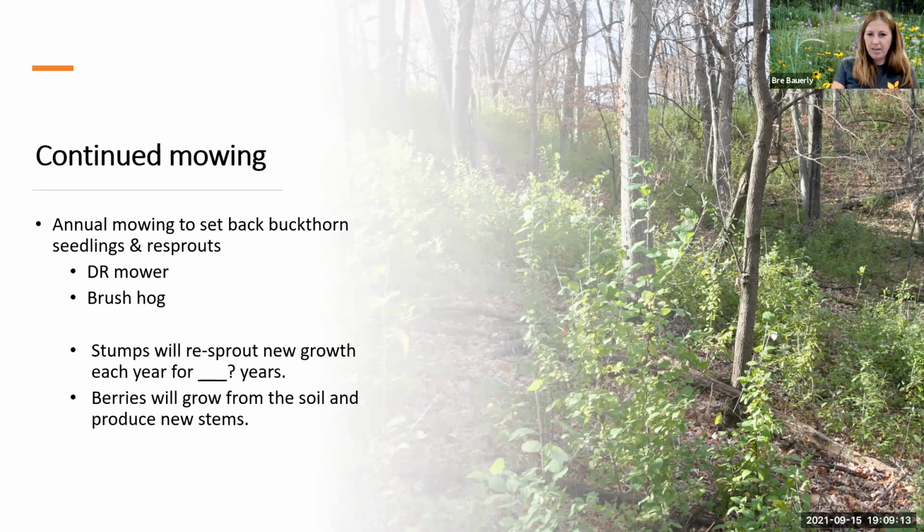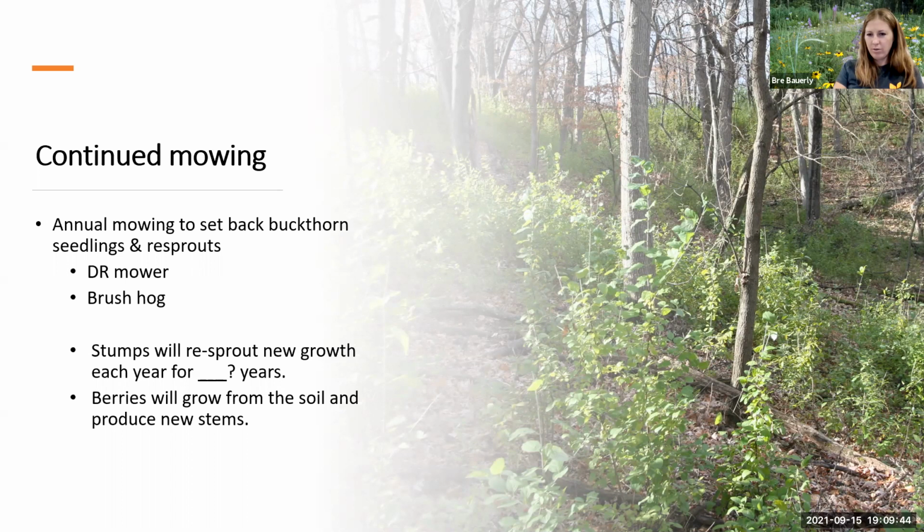My least recommended option is continued mowing. It's a lot of work. So if you were to cut your buckthorn and not plan to do much with the resprouts except keep mowing it, or with the stumps, if your plan for stumps is to just keep mowing, what I would do is cut the stumps low so that you can use a DR mower or a brush hog or something like that to continue to mow the resprouts when they're small